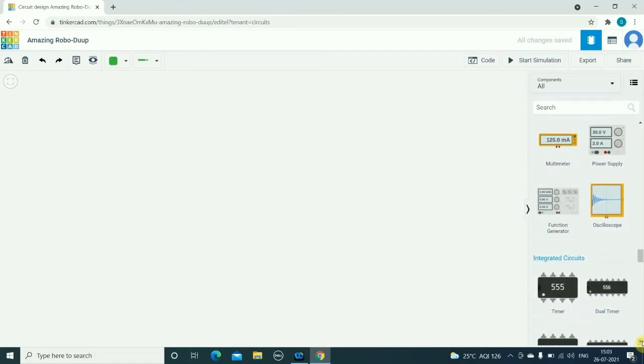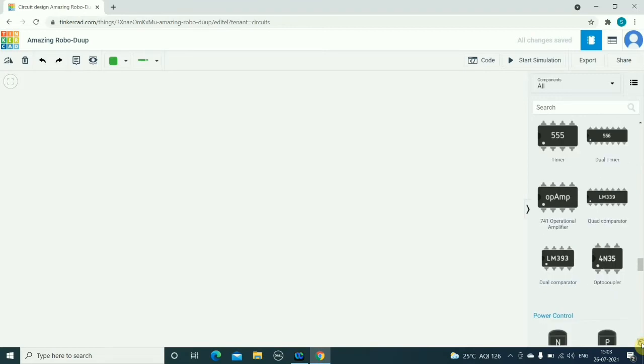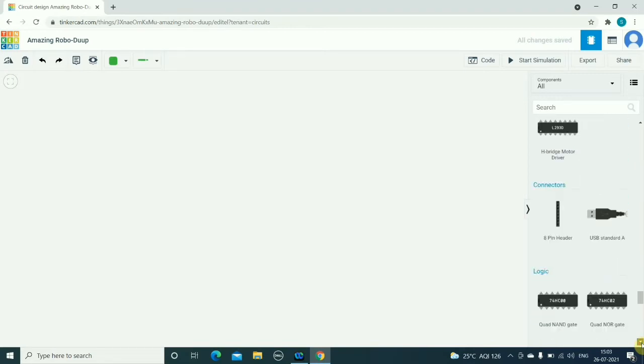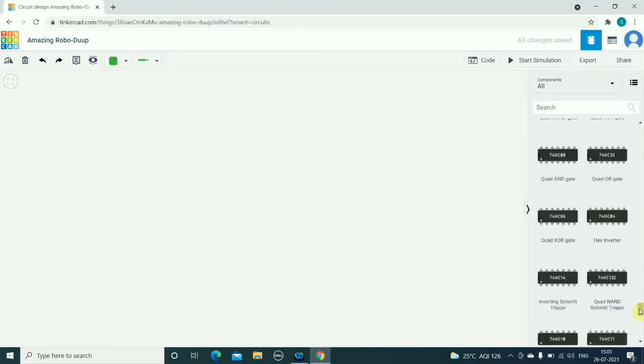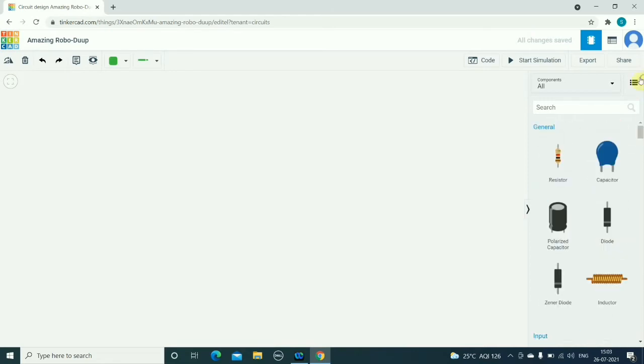Then you have oscilloscope, multimeter, power supply and function generator, and different types of ICs. So basically using these components you can simulate different types of circuits. This is the introduction to the component part.